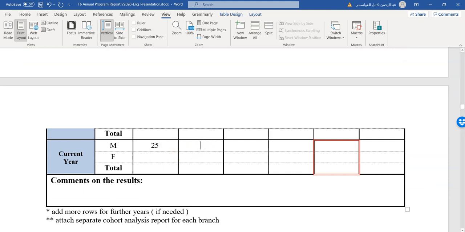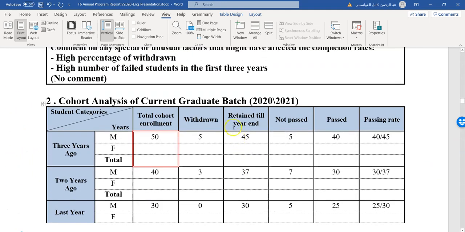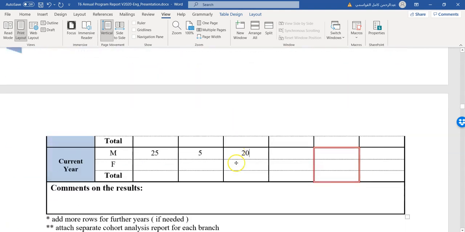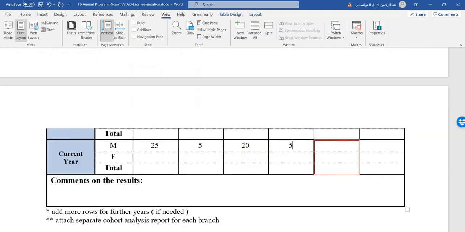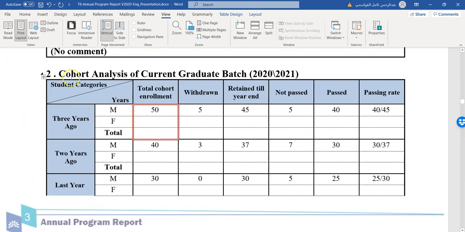Withdrawn, for example, 5 students. I have 20 retained till year end. From them 5 students failed, which means I have 15 students that they passed, which means the passing rate 15 over 20. Now, if you see, if I am analyzing this cohort for the current graduate batch, I see that